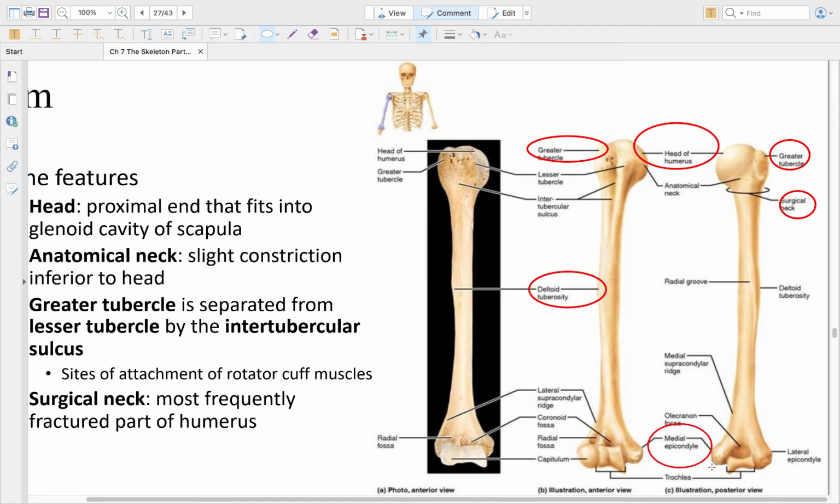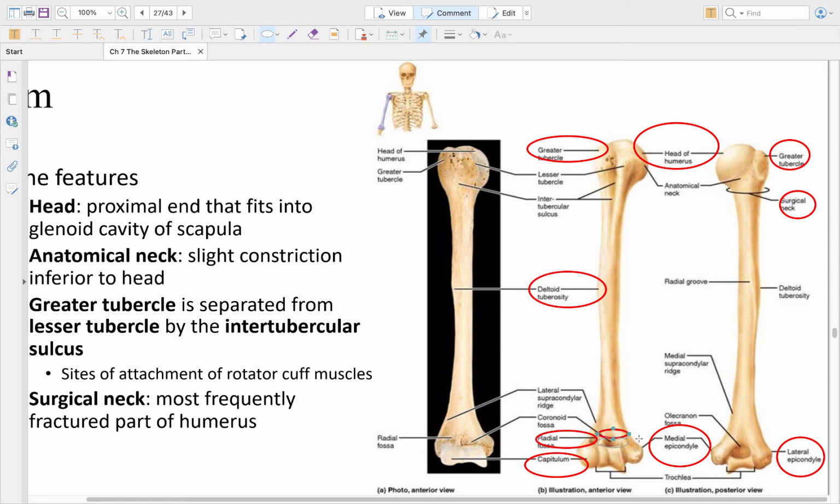So there's a medial condyle on each side, and we can't exactly see it right here, but we can see it here, a lateral epicondyle. All right, and then this kind of round perfect circle is called the capitellum. Radial fossa, right there. Coronoid fossa,